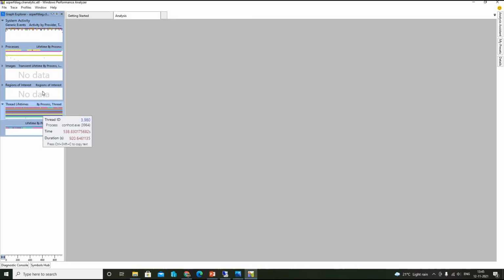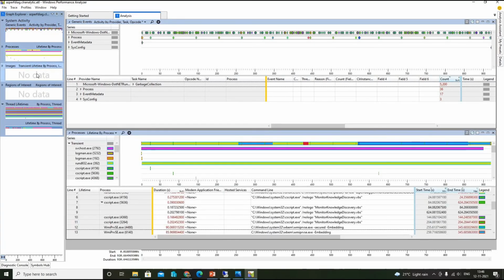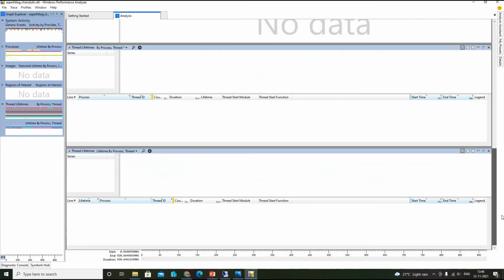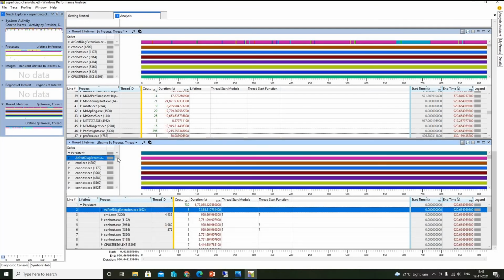If you click on threads lifetime, you can select all the sections of this log, and it will open in the analysis section. Similarly for processes, images, regions of interest, and threads lifetime. If you go to threads lifetime, you will see that persistent is under persistent.